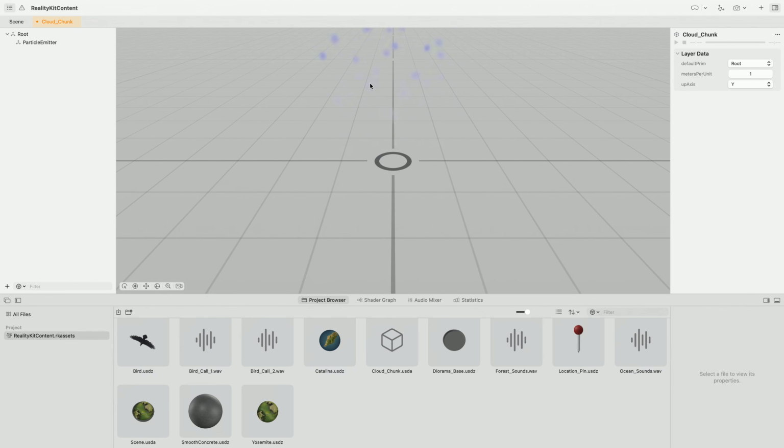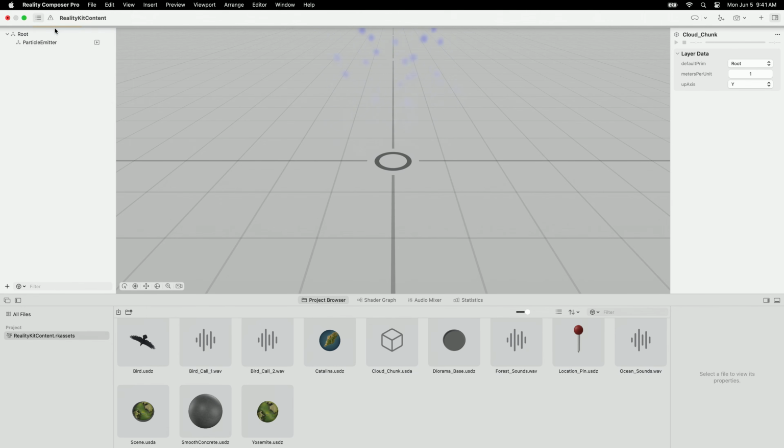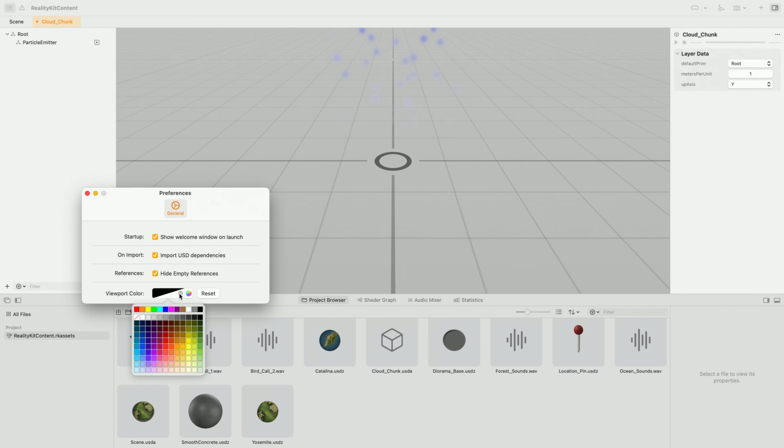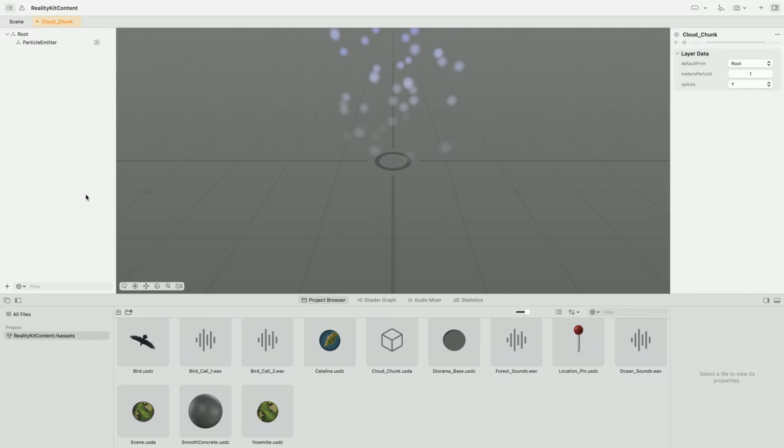It's a little hard to see, so let's go to Settings and change the viewport background to make the particle emitters more visible. That's a lot better. Particles are really fun to play with. I often get the results I'm looking for just by experimenting with properties here and there. There's no right or wrong approach to making particle emitters, as long as you get them to a state that pleases you. One thing to consider, though, is that a high count of particles in a scene may have performance implications, so I would recommend paying close attention to the number of particles being used.